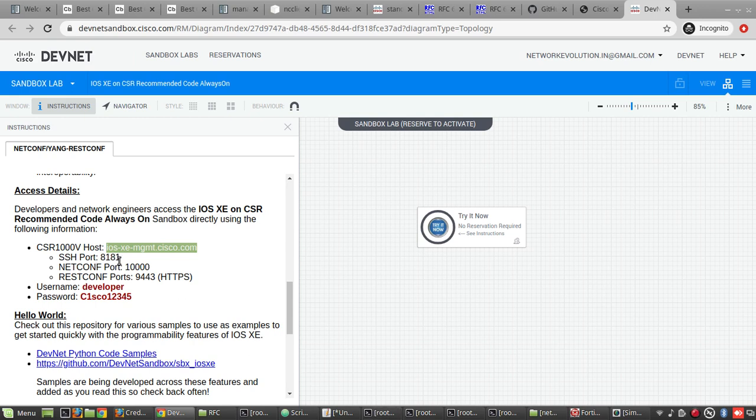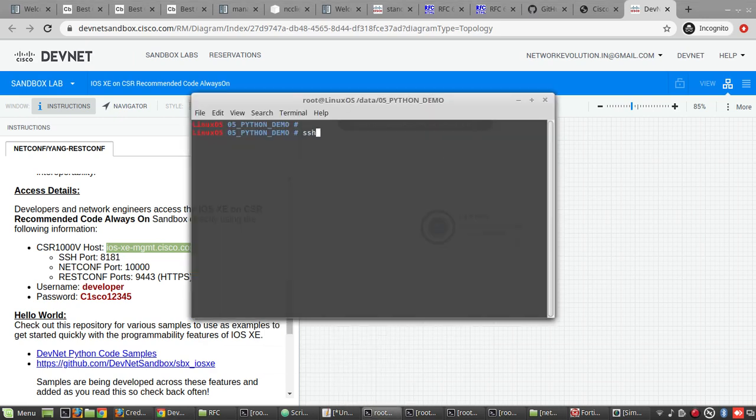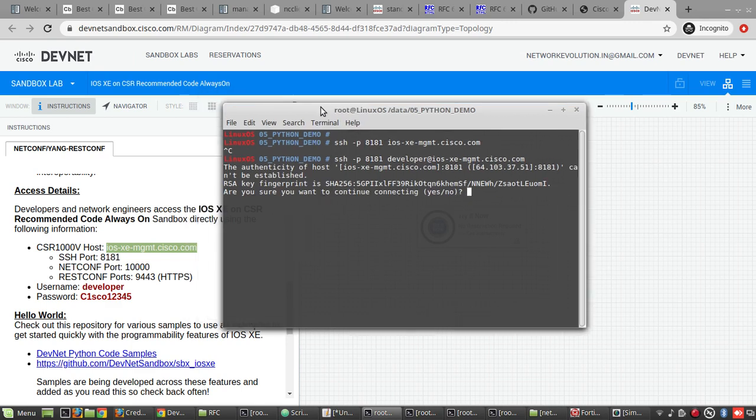So the SSH port number is 8181. Let me try SSH to that. ssh -p 8181. The username is developer. Yeah, I'm able to access this device. I'll give the password.